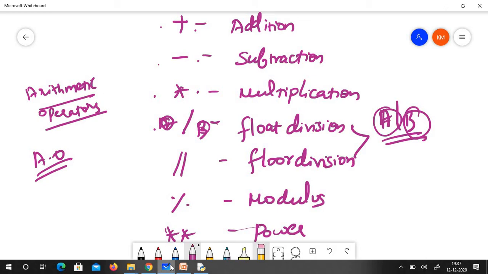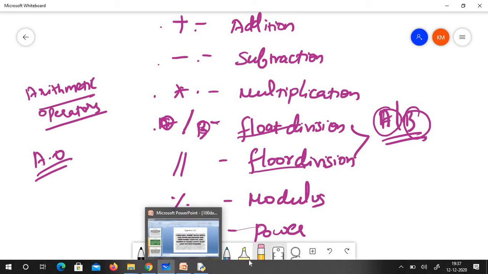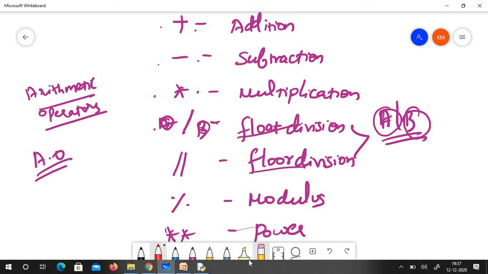Here we have float division and floor division. What is meant by float and floor? Float division gives the answer in decimal, like 2.0, 3.0, whereas floor division just gives 2 or 3, with no decimal point and no zeros after it.